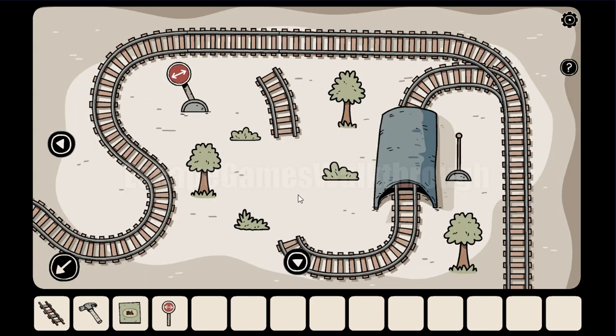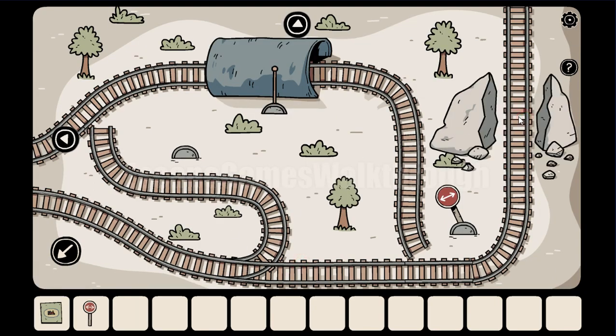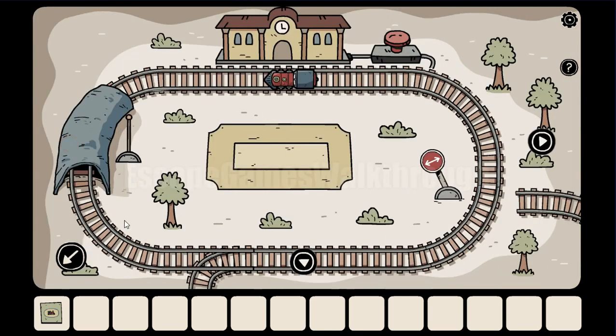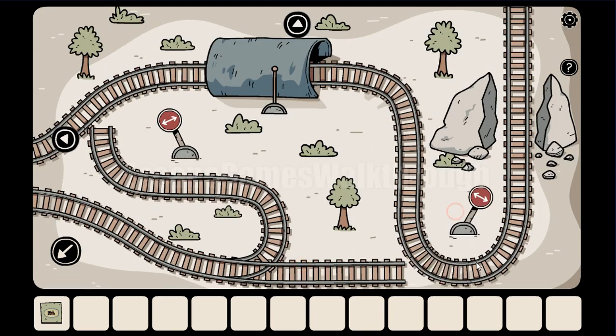Going to the right, here's the part of the railroad that is missing. Here's a rock on the railroad, we can break it with a hammer, and here's a switch that is missing. So now, okay, let's make this path. It goes there, turns to the right, here it goes down through the second tunnel, goes down up to